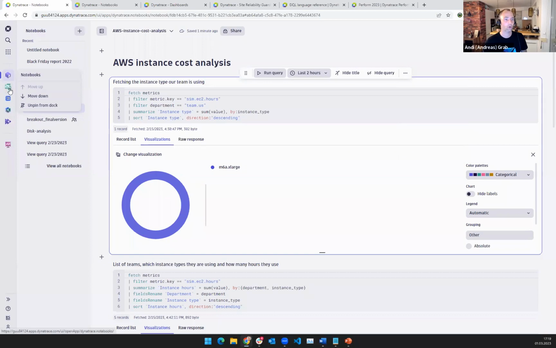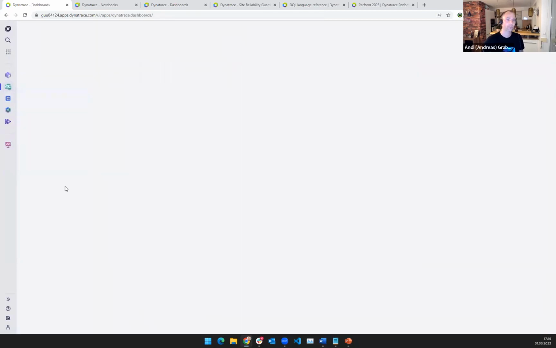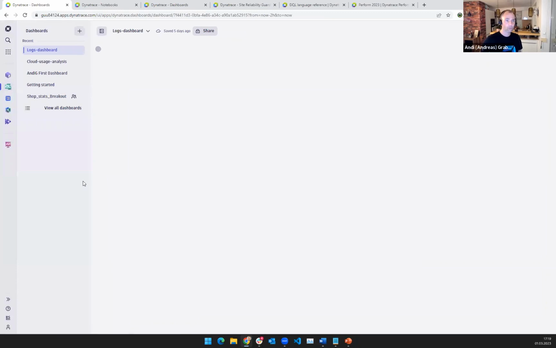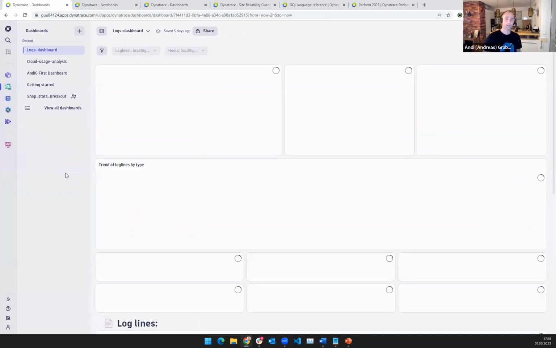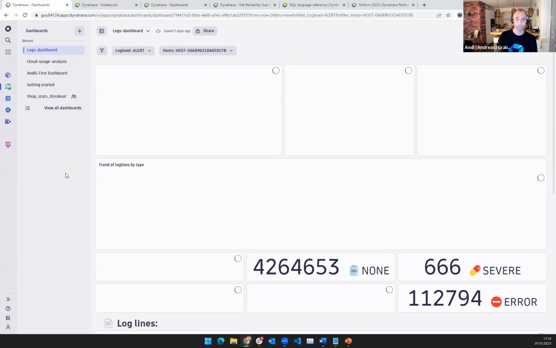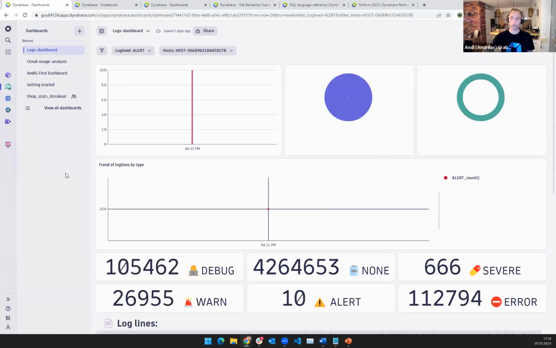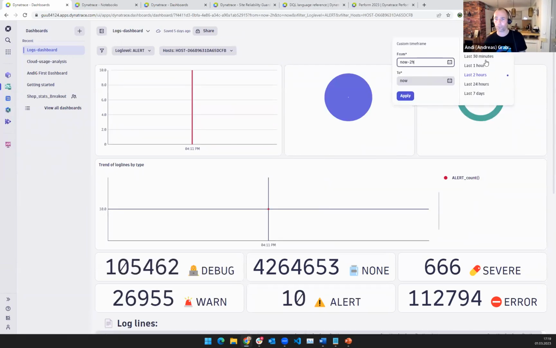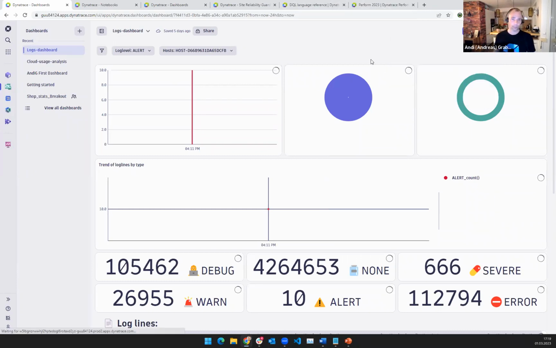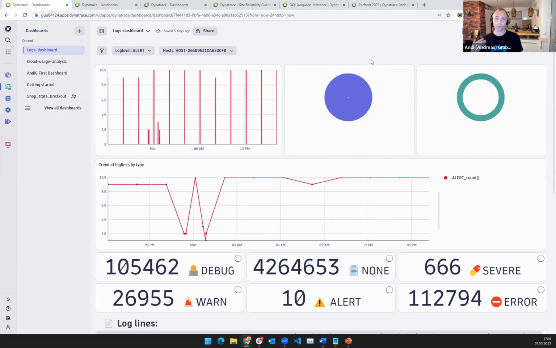I'll just go over to my dashboard view in general. So similar to my notebooks, here are some dashboards, same thing. I imported those, but the difference now from dashboards to notebooks, if I go back to a little larger time frame, is that dashboards always query live data. That means when you refresh it, or when the dashboard refreshes, it always queries the data. Notebooks only refresh the data in a section when you really say, I want to refresh it, right? So I think that's a big difference.